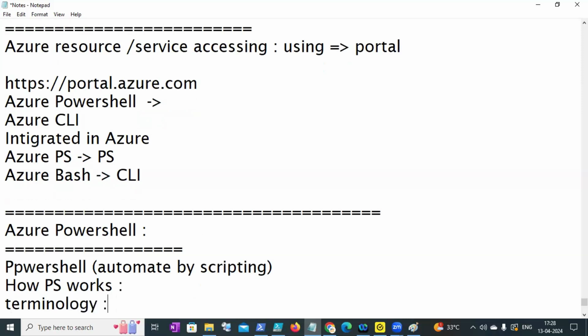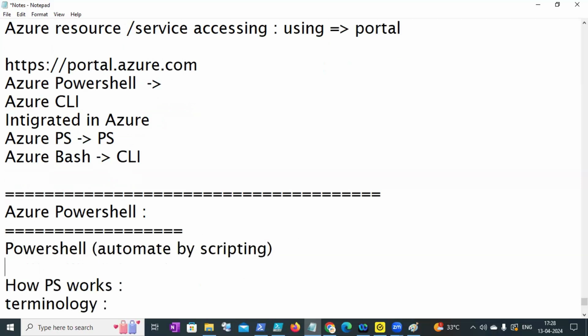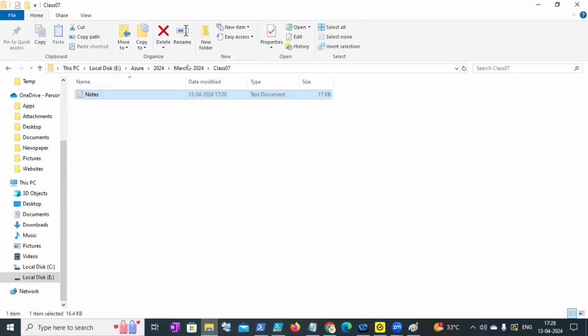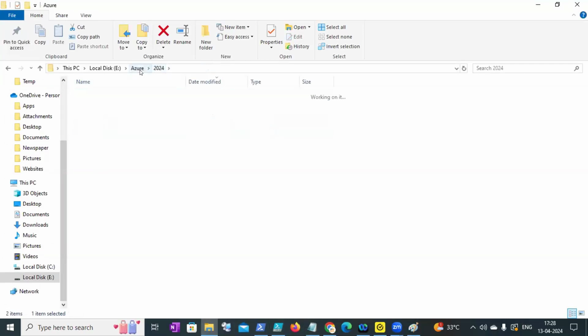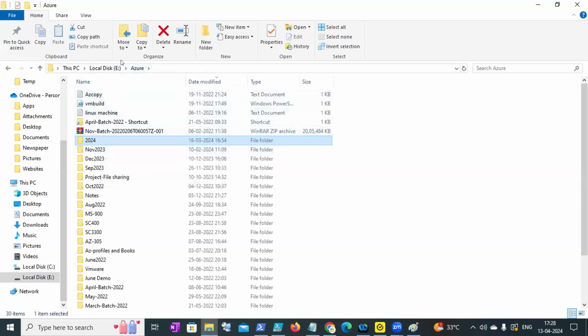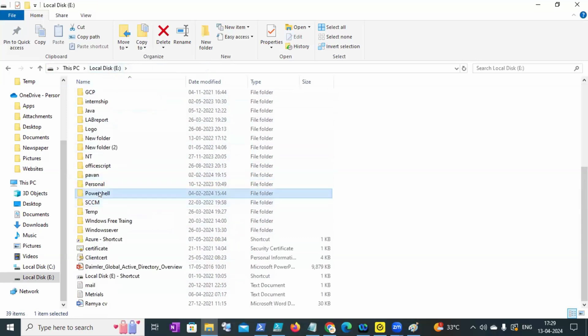That's the most important. When you talk about PowerShell, you can use it in any technology. It's not only for cloud or Azure; anyone working as a system administrator or server administrator must need it. Let me just show you this presentation. It would be easy for the basic level. Today I have taken the demo class for this PowerShell. So in the morning, I'll give you some detail on this, then we will talk about the